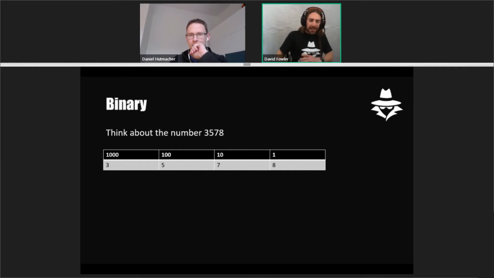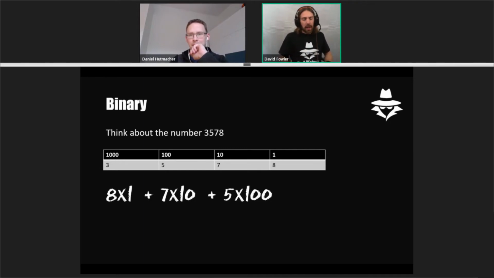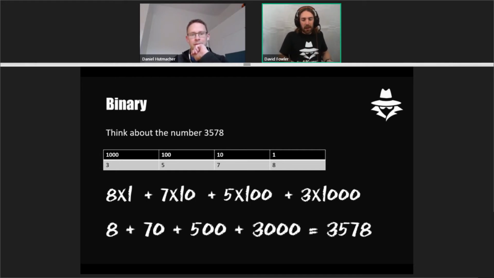The first digit, over in the least significant digit position, the 8, is in the ones position, so we know that is going to be worth 8 times 1. The next digit, the 7, sitting in the tens position, is going to be worth 7 times 10. The next digit, the 5, in the hundreds position, is going to be worth 5 times 100. And finally, our last digit, the 3, over there in the 1000s position, is going to be 3 times 1000. So to understand the value of that number, all we have to do is add together the value of each of those individual digits. In this case, 8 plus 70 plus 500 plus 3000 gives us 3,578.